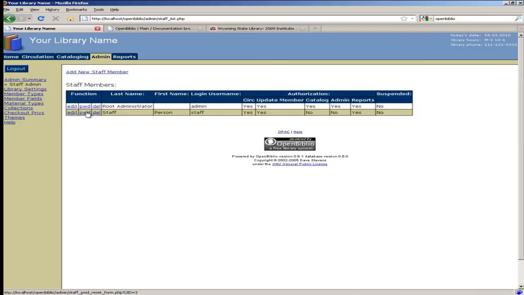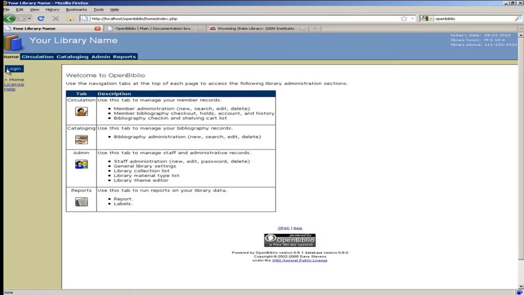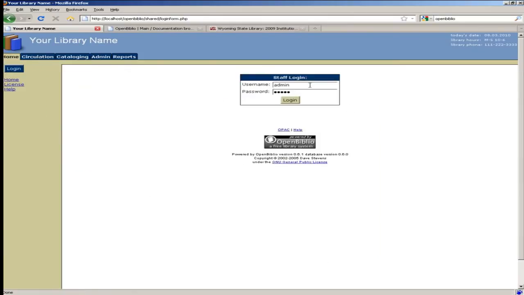You can change the password. You can edit that person. You can delete that person. Now, right now I'm logged in as the root administrator. If I log out and I want to log in again as the staff person,